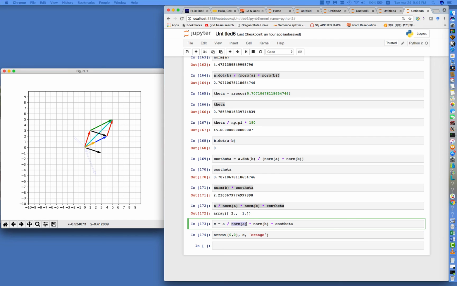What is a divided by norm of a? A divided by norm of a is the unit vector in that direction. Okay, so that's how you convert a normal vector to a unit vector, times the wanted length, the targeted length that we want it to be, which is computed by norm of b times cosine theta. What is norm of b times cosine theta? Well, it's exactly norm of b times a dot b, the dot product, divided by norm of a times norm of b. So the norm of b actually cancels out. So really, you can compute it by